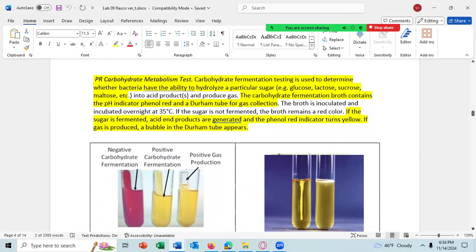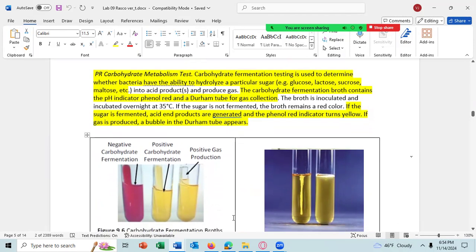All right, let's move on to the PR carbohydrate metabolism test. This will be testing the fermentation of a sugar. And if the bacteria can metabolize the sugar, they will make acid end products, which will change the pH of the media. And so the media will change from reddish to yellow. So if acid is made, it'll be yellow. The carbohydrate metabolism test uses one sugar. And so we have PR glucose, PR lactose, PR sucrose, PR maltose, etc. You just put one sugar in there